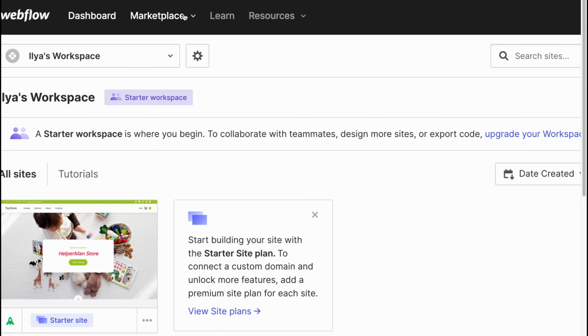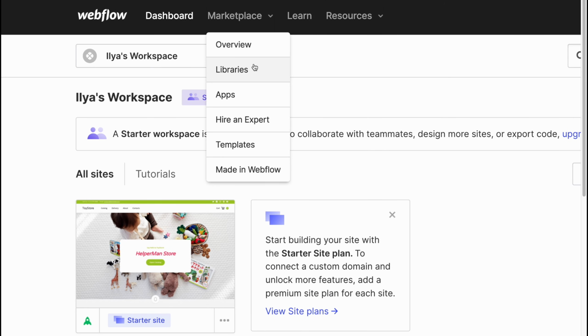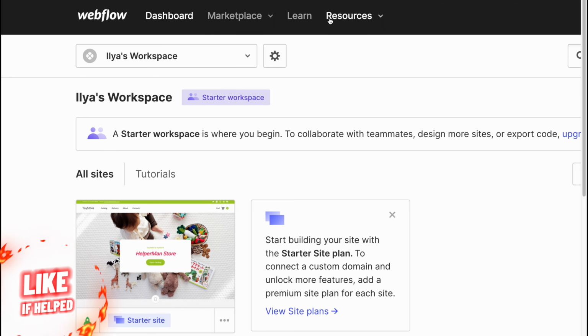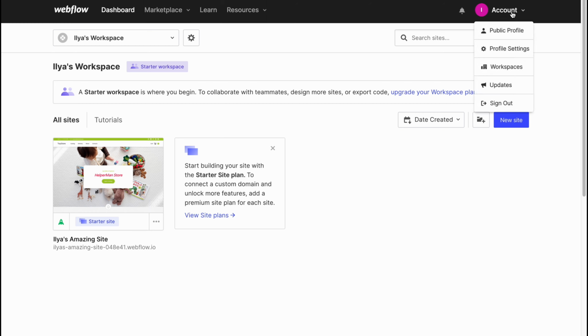We also have the marketplace folder with overview, libraries, apps, hire an expert, templates, and made in Webflow, and some tutorials in the learn and resources area. In the top right corner we can find public profile settings, where you can manage billing info and some payment information. So in order to create a website, we need to go to dashboard, and here click on new site